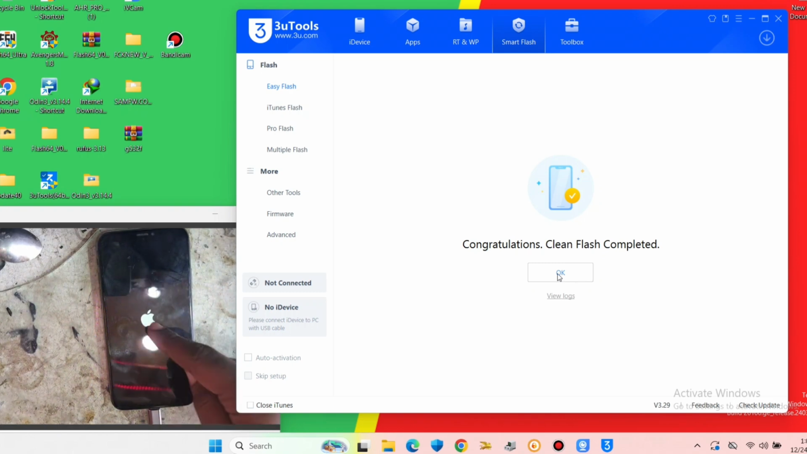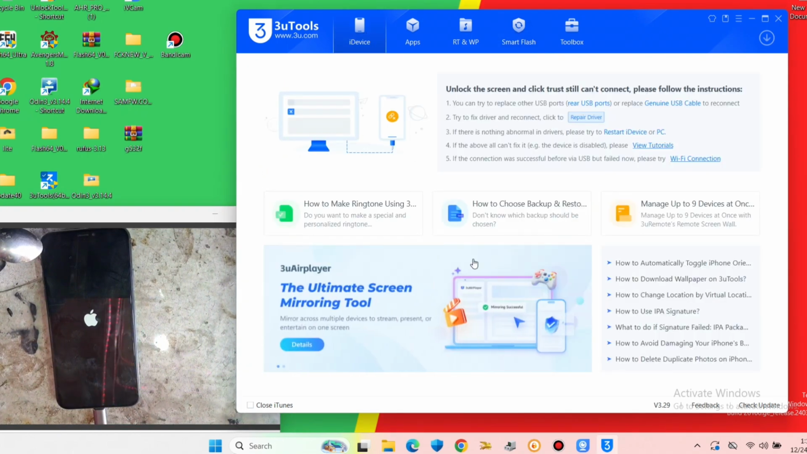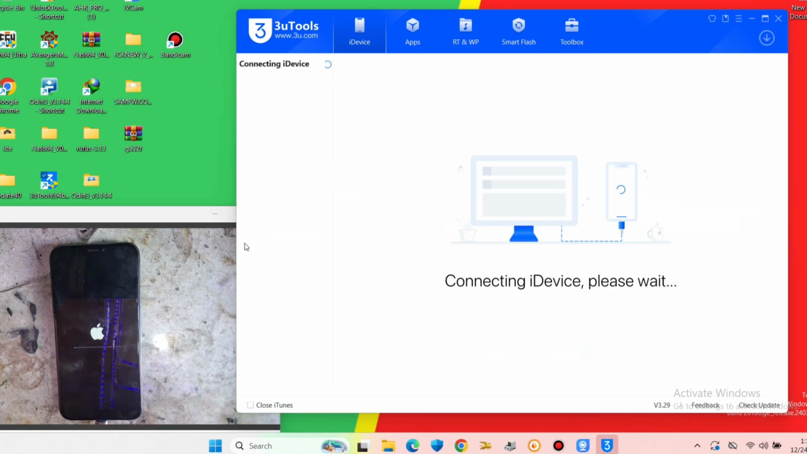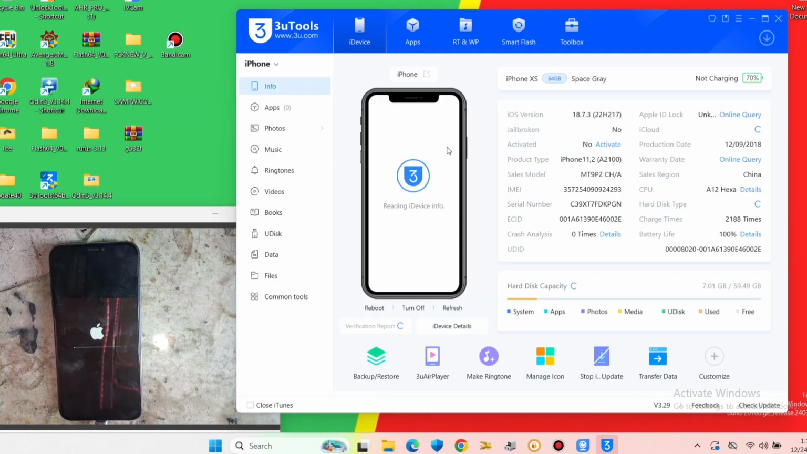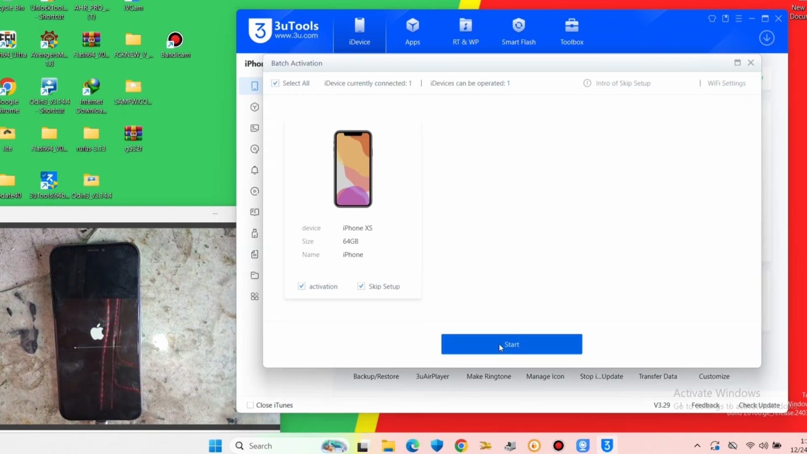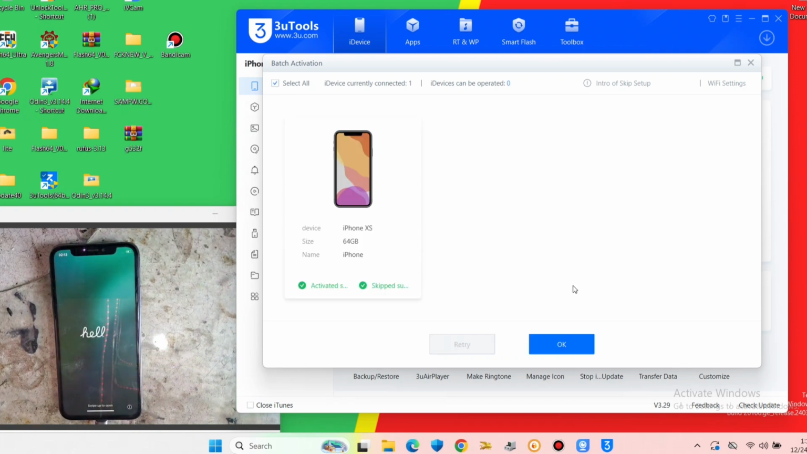Now the flashing process is completed, and we will click on OK. We will not disconnect the iPhone from our PC. We will not disconnect, and when we detect the phone, we will click on activate, and as you see now